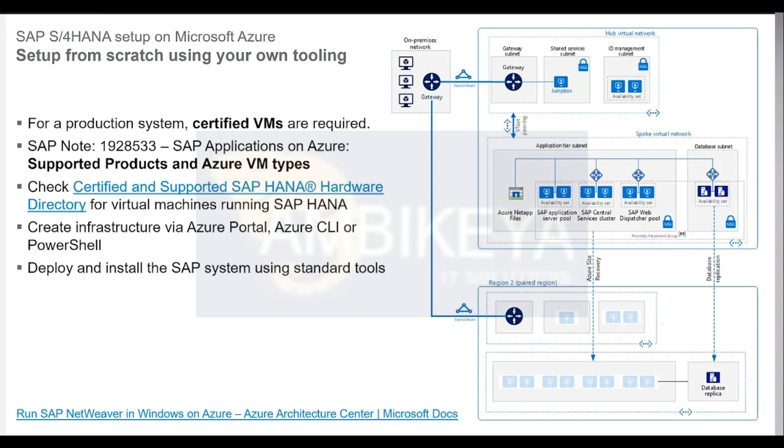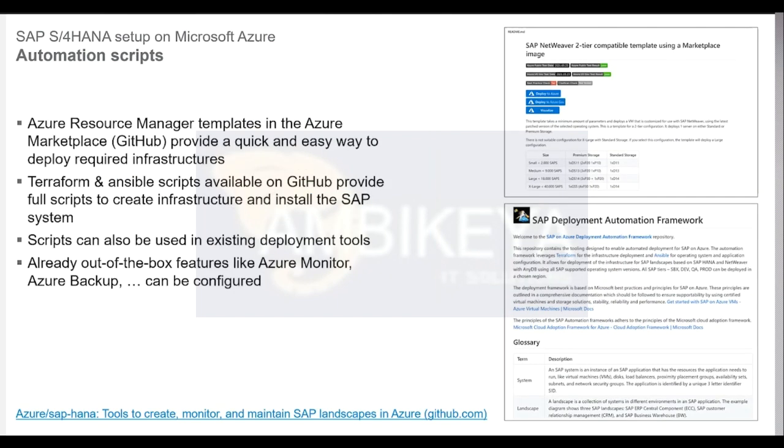Now, obviously, we have a huge range of virtual machines, but the first thing that we need to make sure is that we only take the ones that are actually certified for SAP. There's the hardware directory where you can take a look at the available virtual machines. There's also an SAP note that outlines all the required steps and dependencies to get the infrastructure up and running. But then you can either use the Azure portal, command line interfaces, or APIs to create your infrastructure and then really deploy your SAP system like you would do it on premise. So this is maybe a good thing to get started